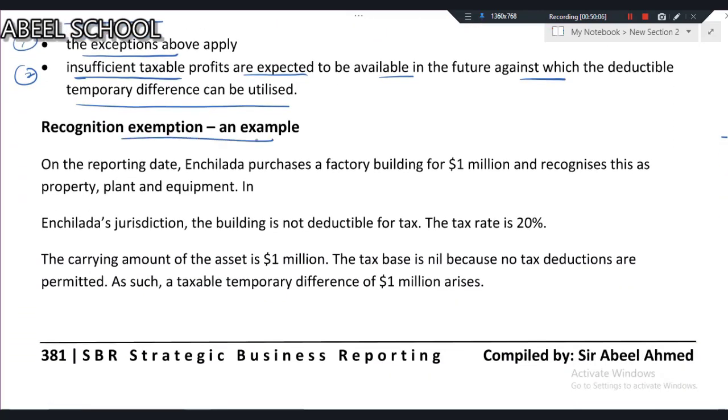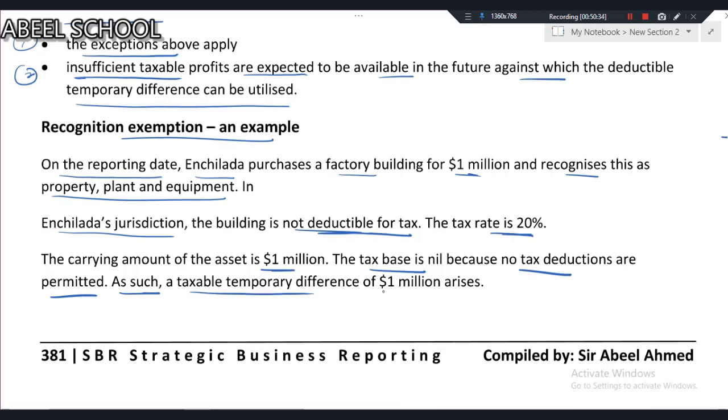Recognition exemption example. On the reporting date, Chalada purchases a factory building for 1 million, and recognizes this as property, plant and equipment in Chalada's jurisdiction. The building is not deductible for tax. The tax rate is 20%. The carrying amount is 1 million. The tax base is nil because tax people do not give you any tax depreciation. No deductions are permitted. As such, a taxable difference of 1 million arises because,